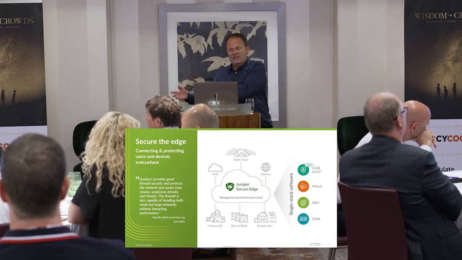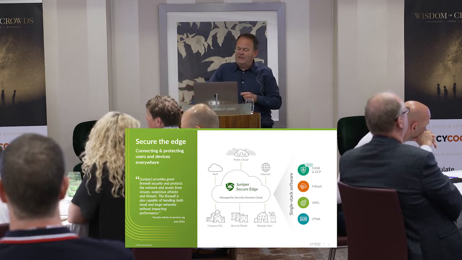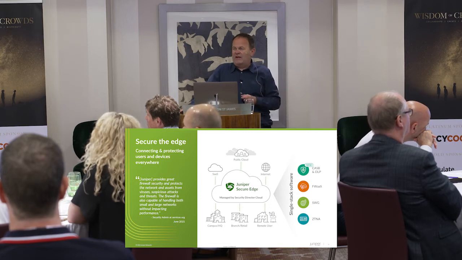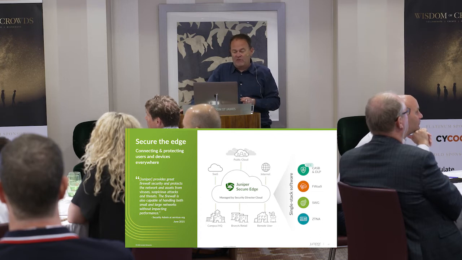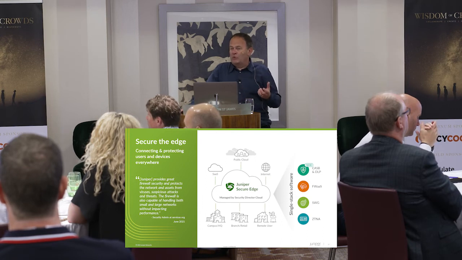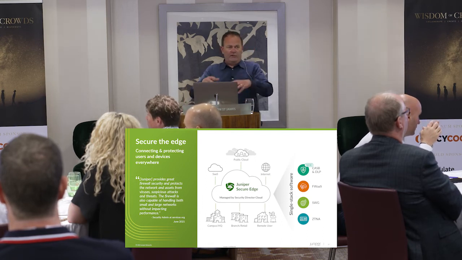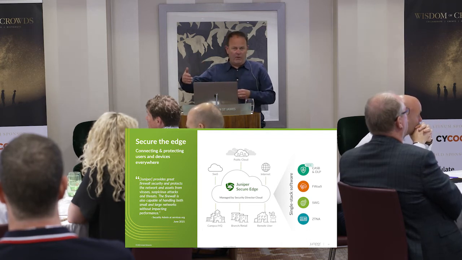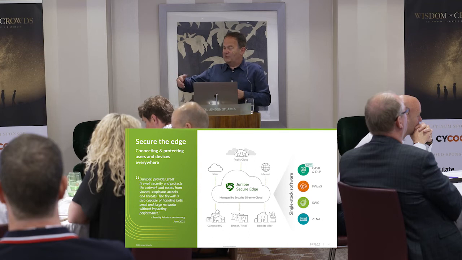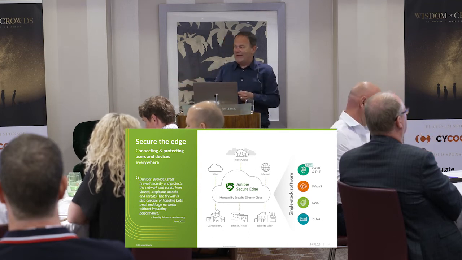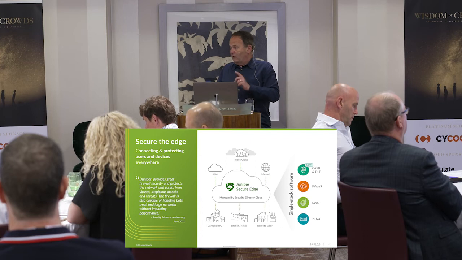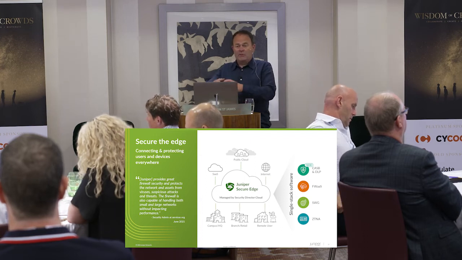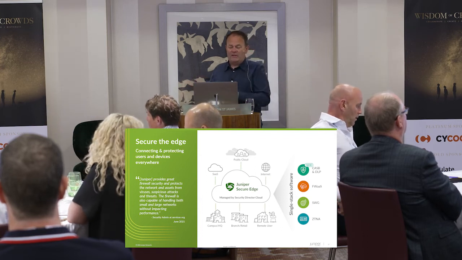And taking this to the edge is very important as well. So when we talk about identity and when we talk about really the tenet of zero trust being that you trust no one, actually securing right to the edge is very, very important, and the technologies that enable you to do that. So firewall as a service, so that instead of just relying on central firewalls in the data center, you actually can have firewalls deployed right to the edge of the network that will leverage exactly the same policies relevant for the location that they're actually based in. You can have web gateways, so that people actually, when they're coming into the network, they're proxied. We know what they're accessing and we know what they're doing.